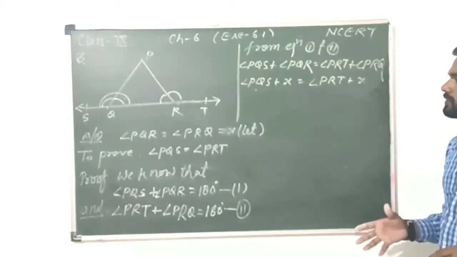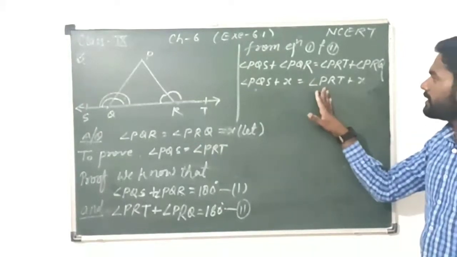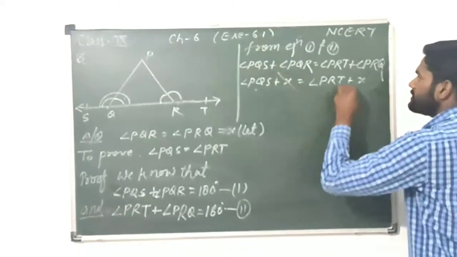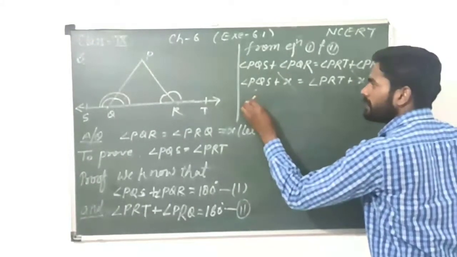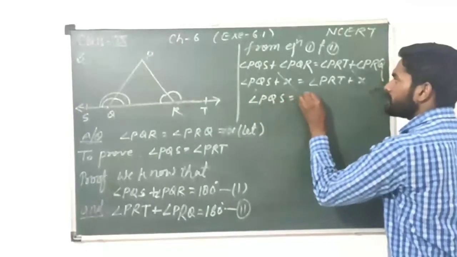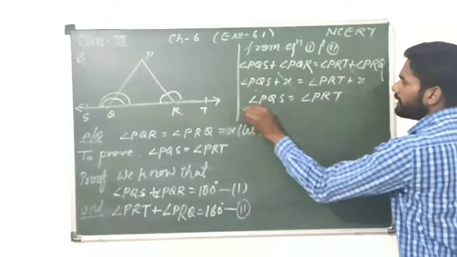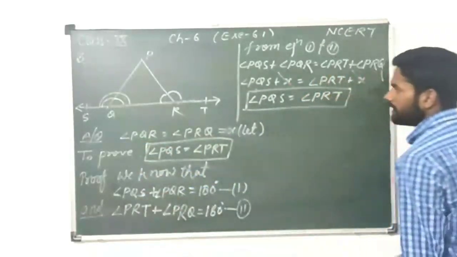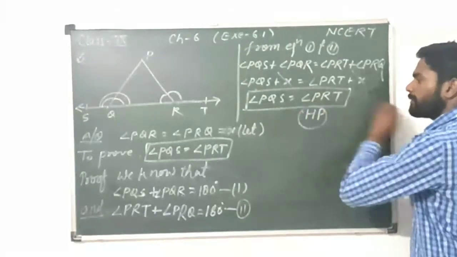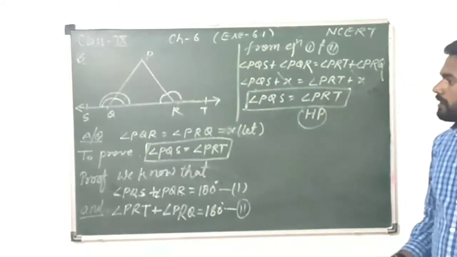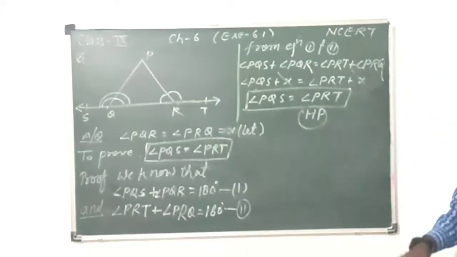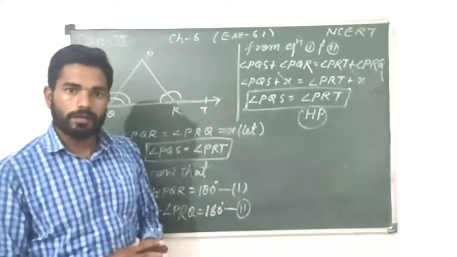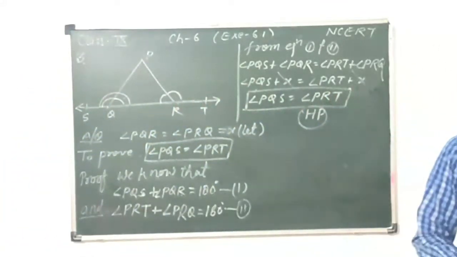And in the last video I suggested that on either side of the equal symbol, if the two values are the same with their symbols, then we can cancel both. So finally what we get? PQS is equal to angle PRT. Now check this one and this one, both are equal. So we have proved this as the question wants. So friends, I hope that you are understanding. Now please copy this solution in your notebook.